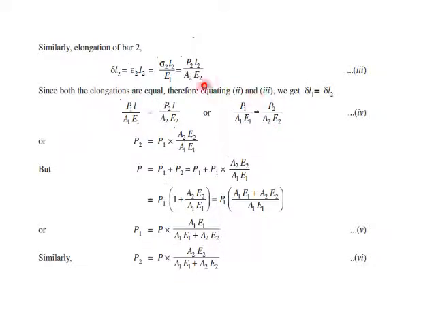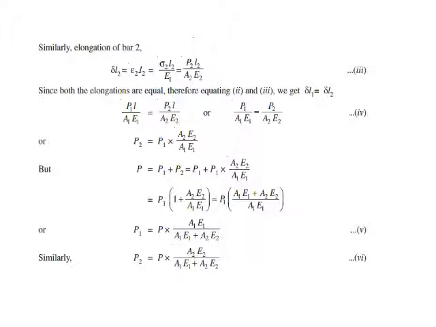Now with this, once you write this compatibility equation, PL upon AE for 1 equal to PL upon AE for 2, whatever the question has asked to determine, I can easily find out. Observe carefully, suppose LAE for both the materials is given to you, I can calculate P1, P2, right? I'll write an equation for P2 in terms of P1. So I'll get P2 is equal to something of P1, and I'll substitute that in my first compatibility equation. I can easily get P1, P2 by simple mathematical operations.